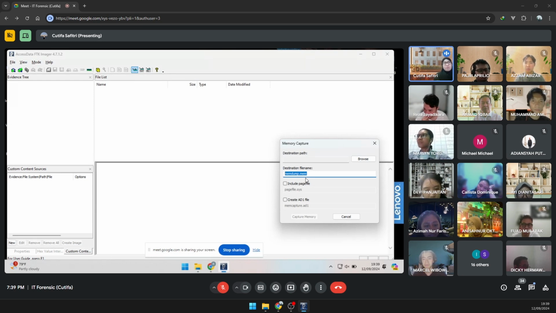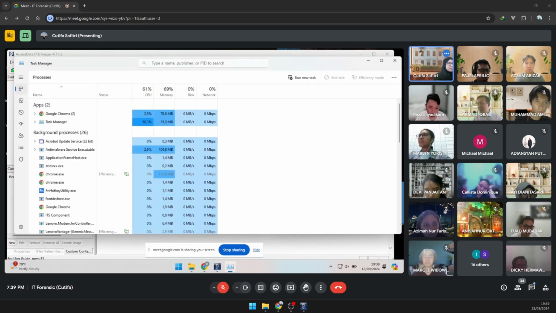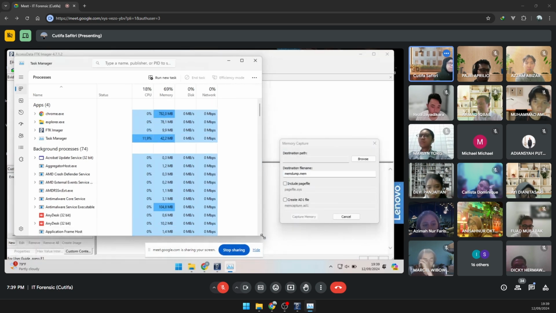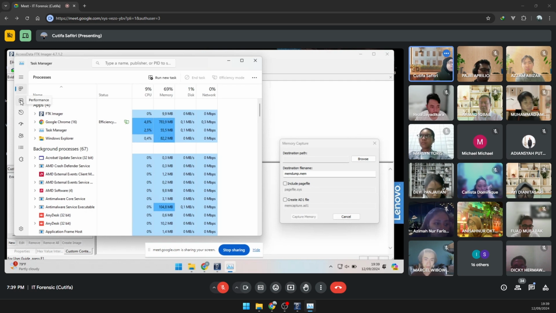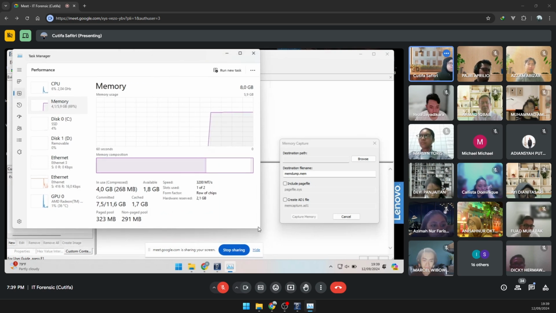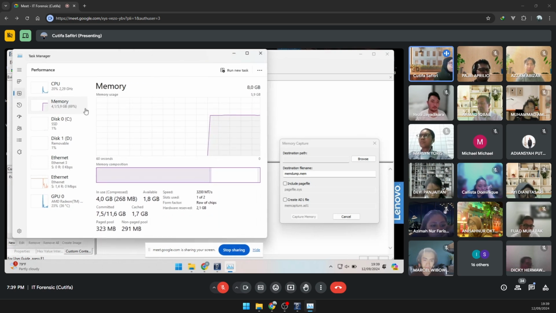What will be inside your memory dump is, let's go to your task manager. In your task manager, you have performance, right? And then you can go to memory.